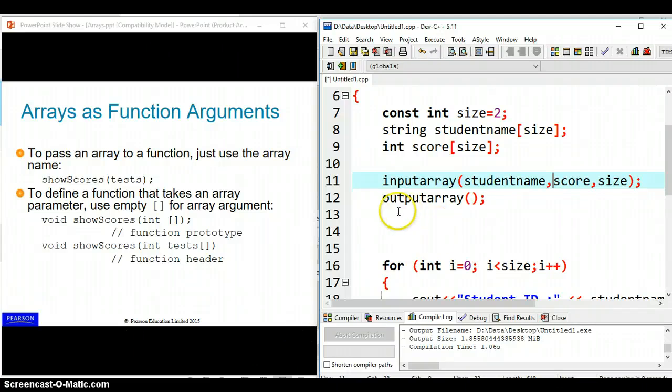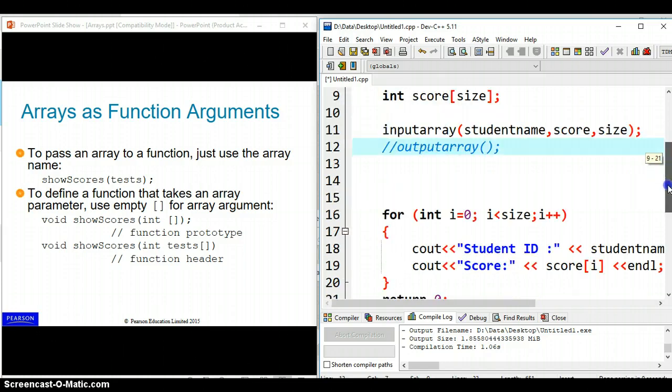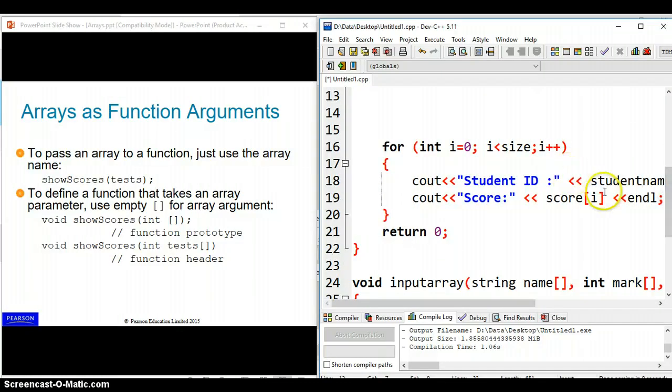Alright, let's try to run this first without changing the output first. The output is still inside the main,